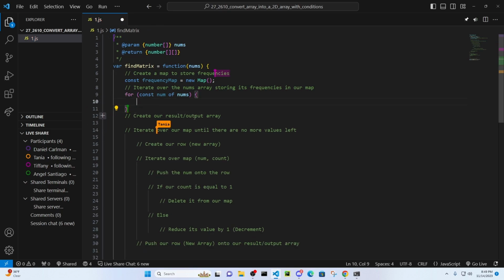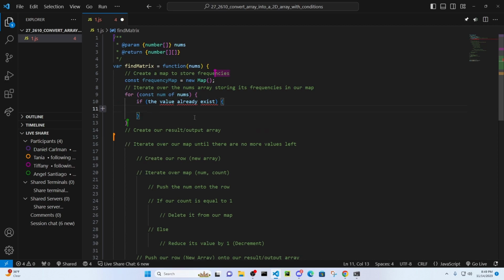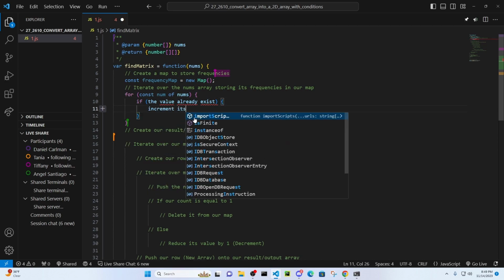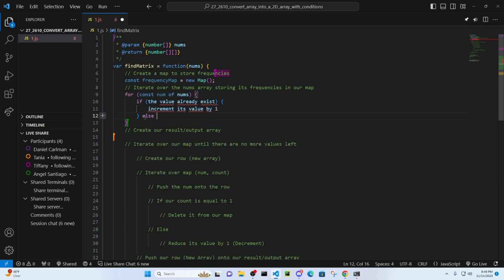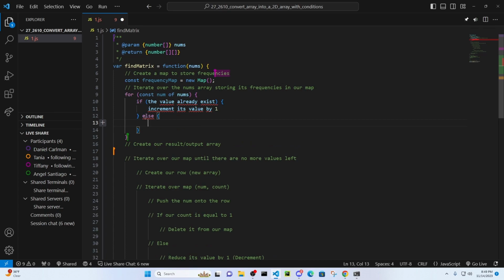And then you could do something like, if the value already exists, then increment its value by 1. Else, if it's not there yet, like if this is the first time we're encountering the number, then set its value to 1. But this is 5 lines of code, and there's an easier way to do it. So I'm going to let you guys think about this for a second, but I'm going to go ahead and just say